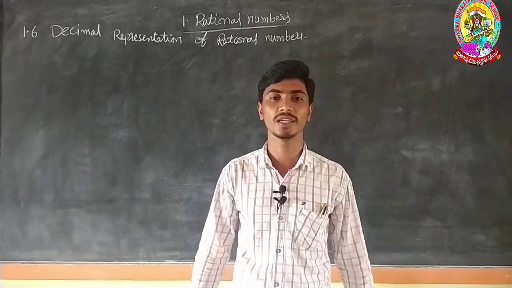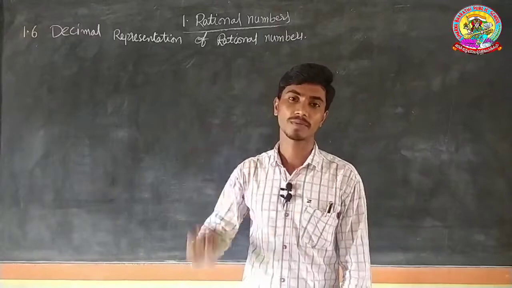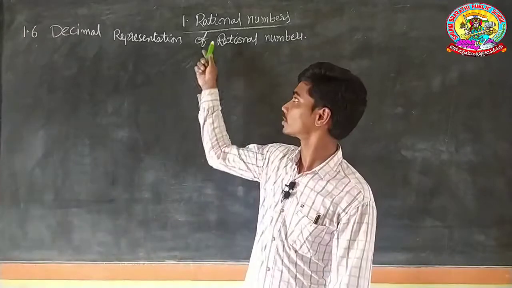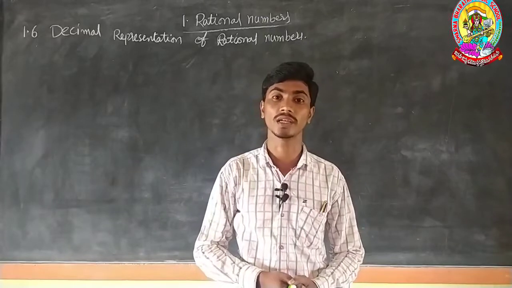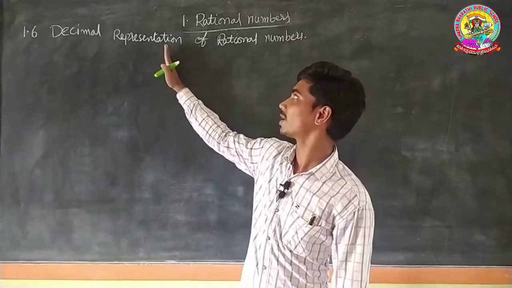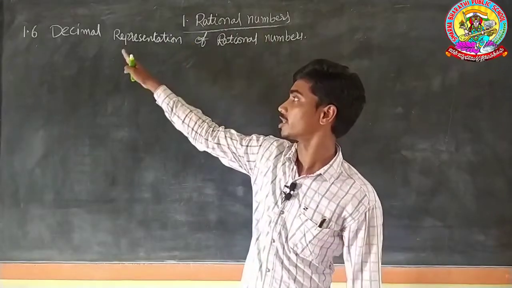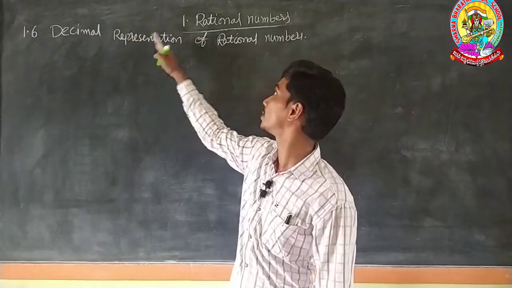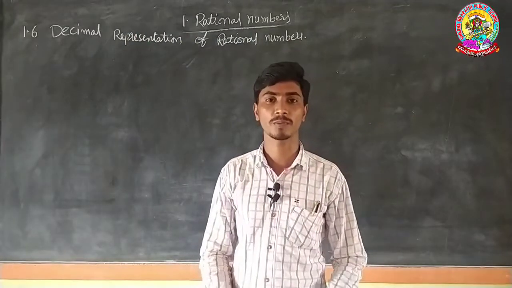Here I am Venkatesh. Today we will learn an interesting and important topic from 8th class mathematics, that is rational numbers. In the first video and second video you have learned some topics related to rational numbers. In this video you will learn about the decimal representation of a rational number, how to convert a rational number into a decimal form, and how to convert a decimal form into a rational number. Before going to this topic, I will explain some important key points.